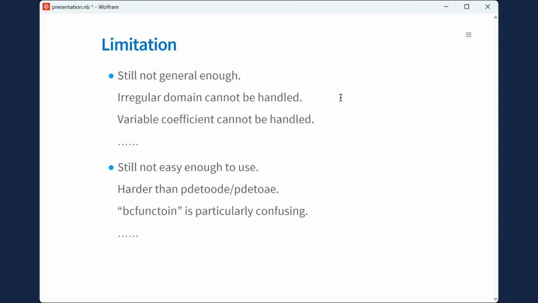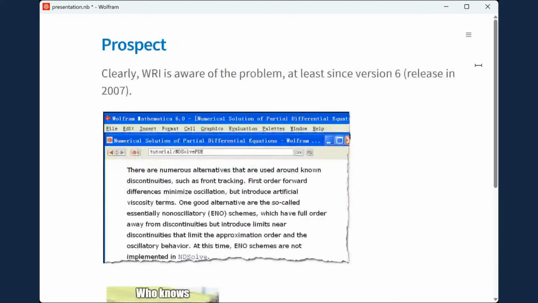And it's not quite easy to use. Those of you who may have come across my PDEtoODE and PDEtoAE packages will have noticed that for so many years, very few people manage to understand the usage of PDEtoODE, and I'm afraid the hypersolver is harder to use than PDEtoODE and PDEtoAE. And we know that